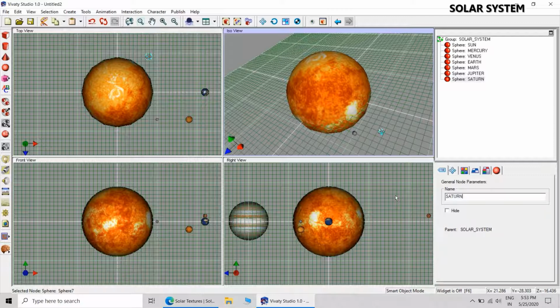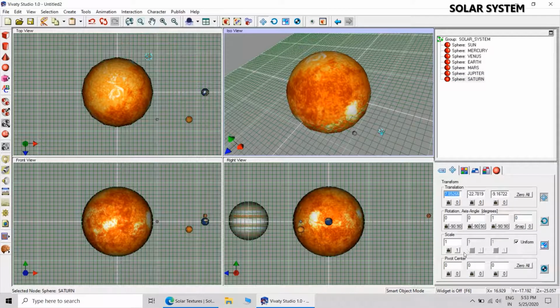Saturn. Now here the ring of the Saturn was not created. That is the problem. So you have to create it separately and then you can apply the ring. I have already downloaded the texture for the Saturn ring, but it was not created. But of course, you can create it.